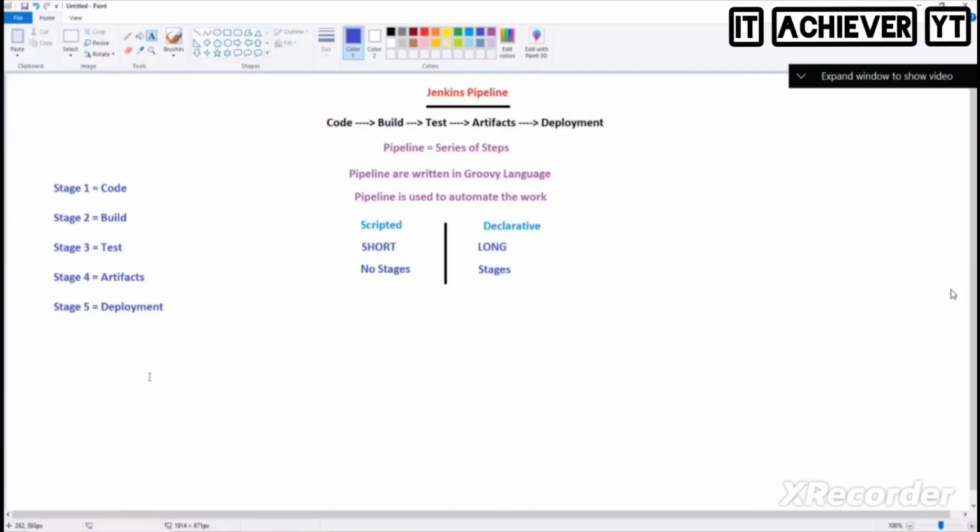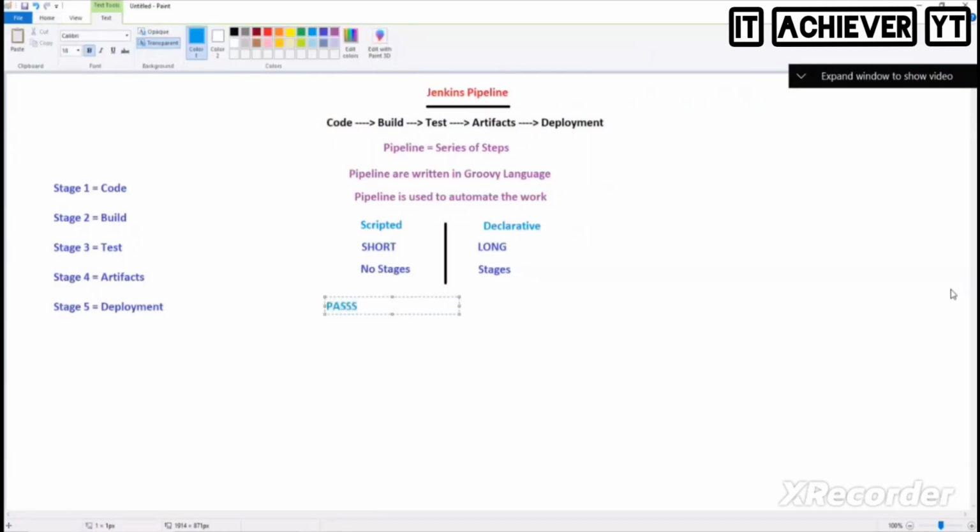In order to write the pipeline, the pipeline has something called syntax, because we are using the Groovy language, Groovy script. And you should remember it. I'm just telling you to remember it like this: you can call it PASS, or else you can say PS3. You know PS3, right? Okay, fine. So guys, this is a hint that I'm telling you to remember how to write a